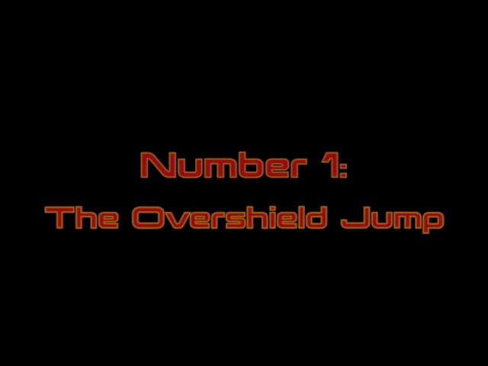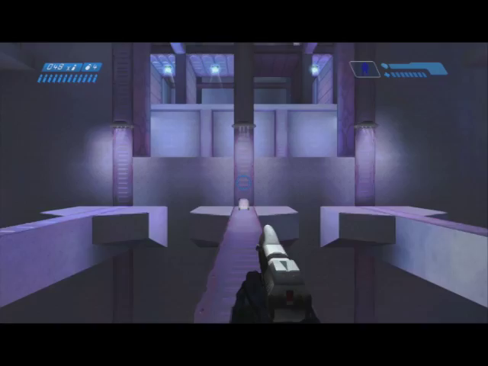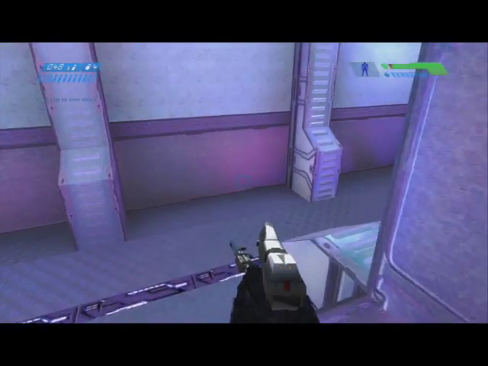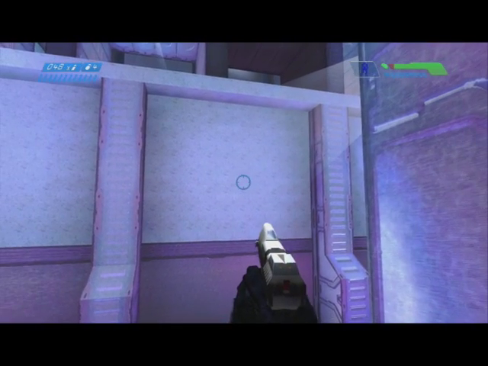Number 1. The Overshield Jump. In my opinion, the Overshield Jump is the most important trick to learn on Damnation. By throwing a grenade at your feet as you pick up the Overshield, you can use the grenade to boost yourself into the rocket pit, and the invincibility you get while the Overshield is charging will prevent any loss in